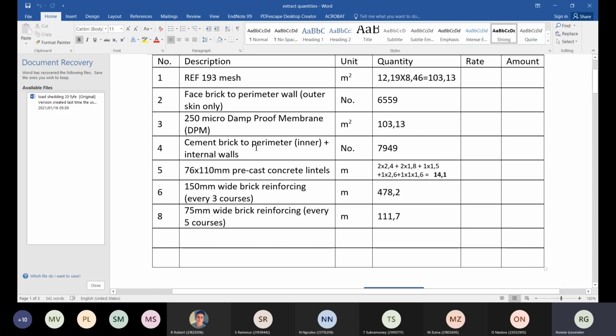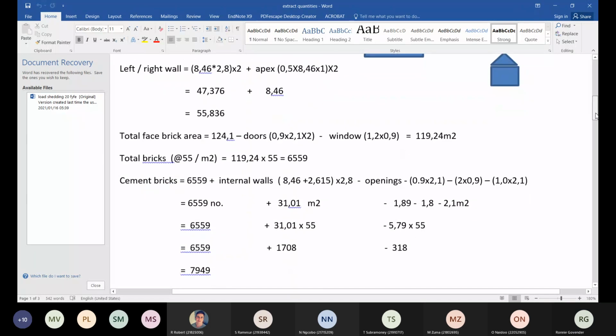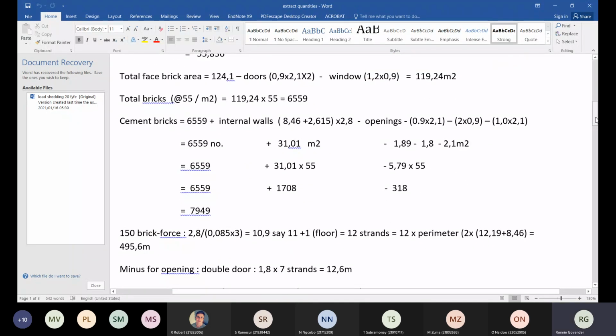Then we said item number 4, cement brick to perimeter inner plus internal walls, right? The cement brick to the perimeter inner wall, in other words, the external wall, the inner, plus all internal walls. And I'm going to show you how we're going to get that now. Right. As we know, we're going to add that 6559. It's the same. We said we take the same number from the external walls, plus the internal walls, the one internal wall that ran between the